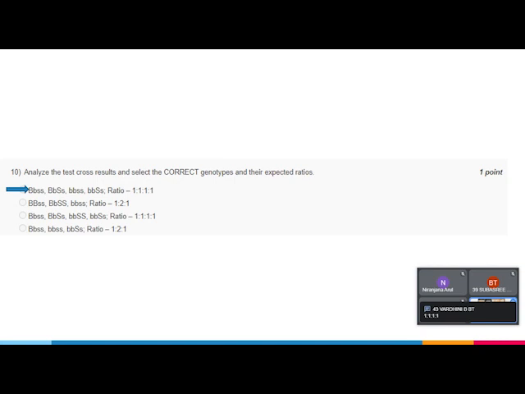Vardhini says also that the phenotypic ratio should also be 1 is to 1 is to 1 is to 1. Anyone else? One is to one. Okay. Shreya says the ratio should be 1 is to 1. Okay, so